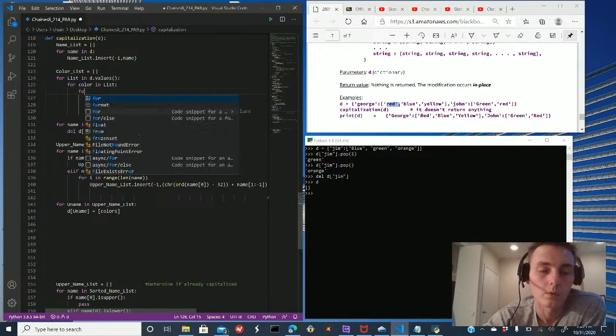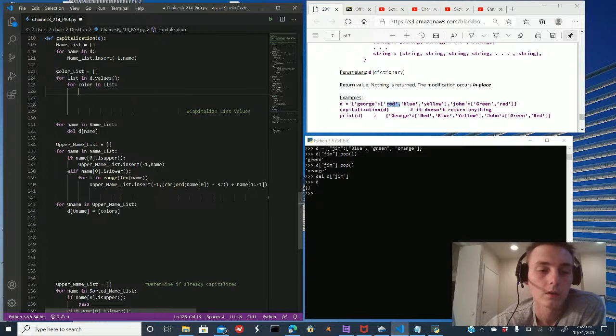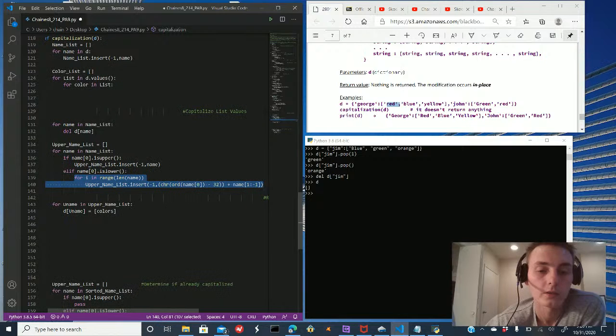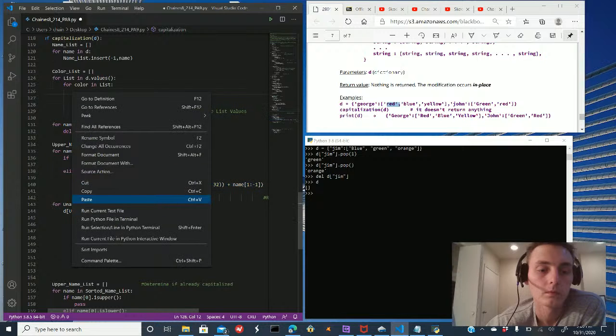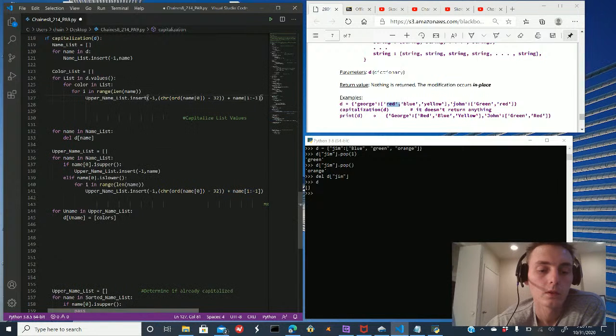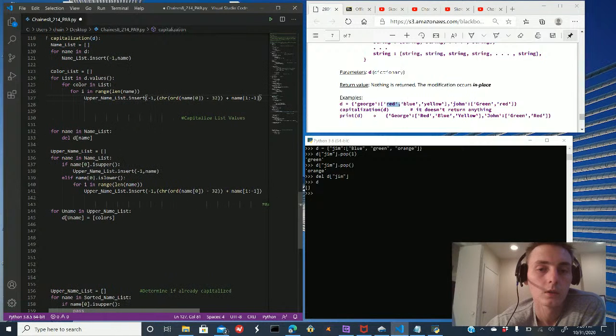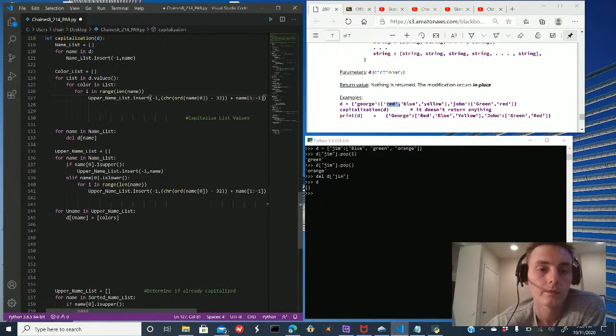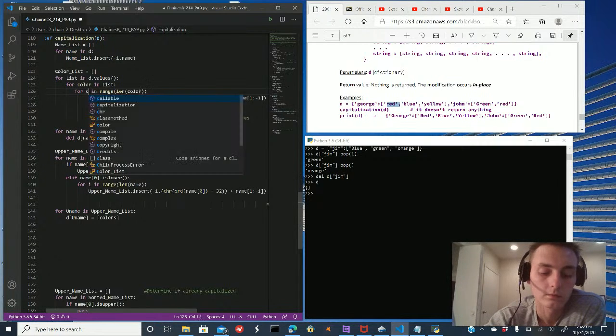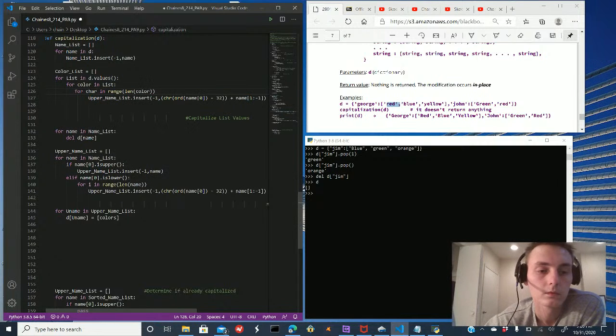So I can just copy and paste this code. For I, it'll be a little different. It'll still use slicing though, which is a problem. For I in the length of the color, I'll do for character. Change this to